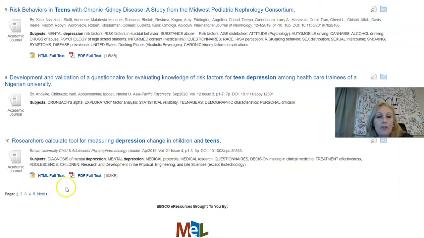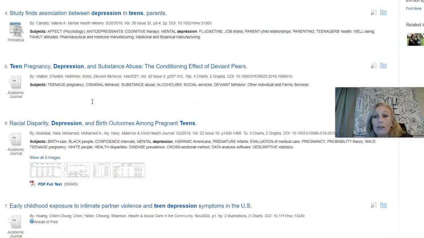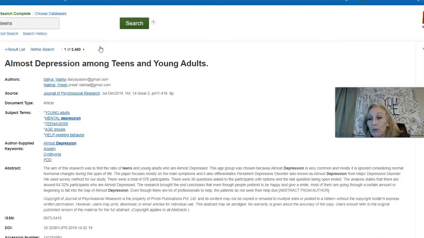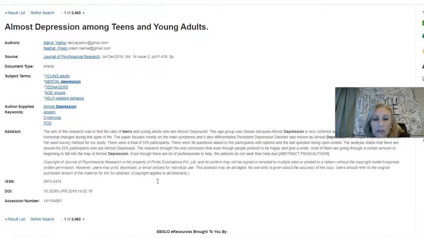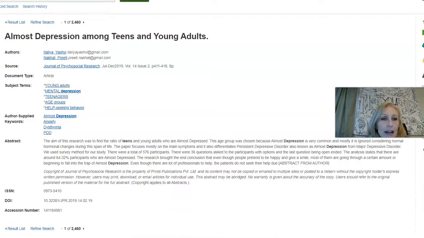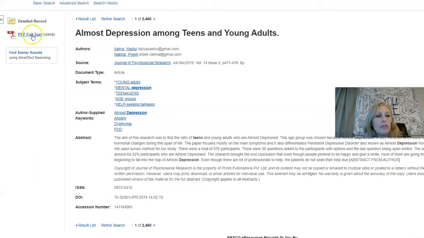Maybe there's another way that you can narrow it down. Say we found this one looked good, the first one that I put in the folder. Take a look at it. How did they do the study? And if you go to the full text, which is, hopefully I can move this again. Nope. Over like that. Okay, so the full text is right here. This is just a little trick.